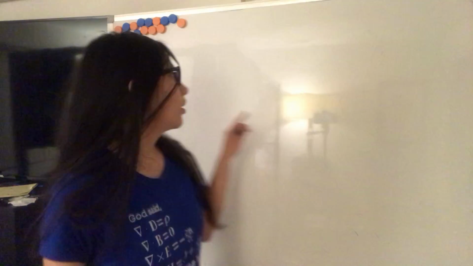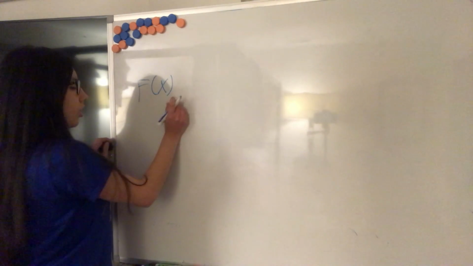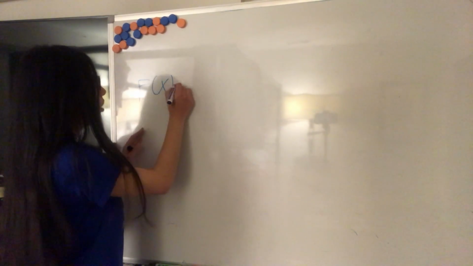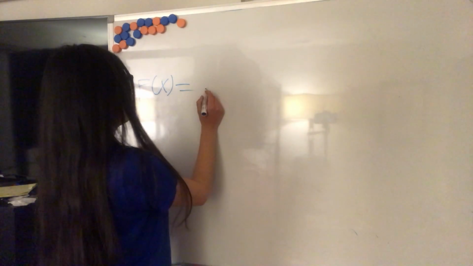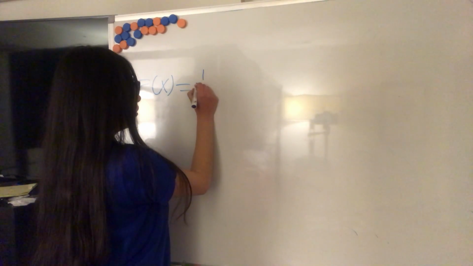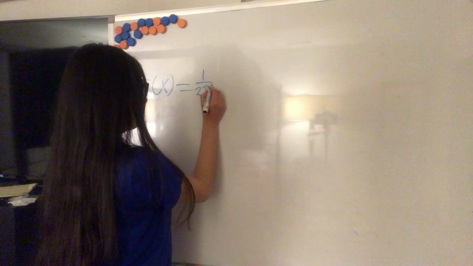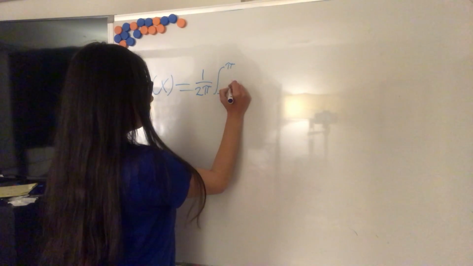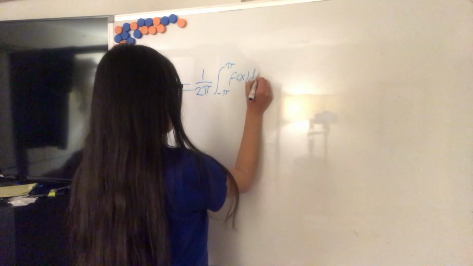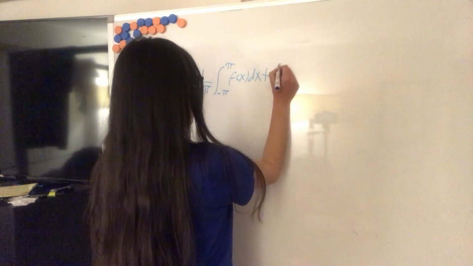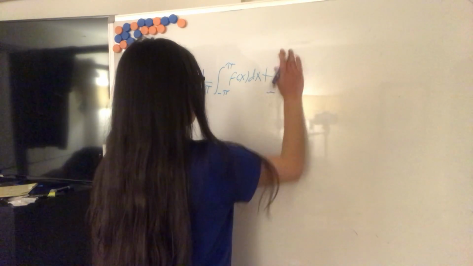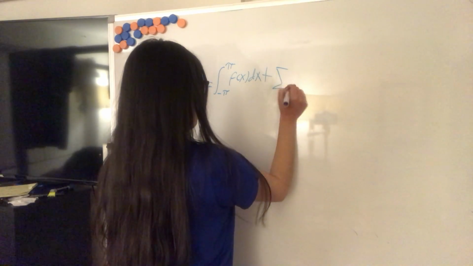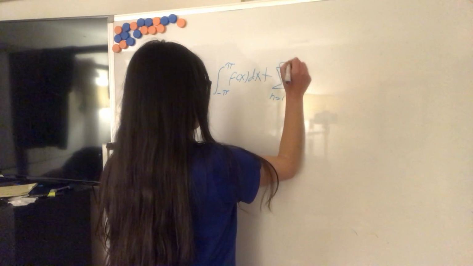Now, just quickly, in the previous video, we found that the Fourier series of f(x) is equal to 1 over 2 pi times the definite integral from minus pi to pi of f of x dx, plus the summation from n equals 1 to infinity of